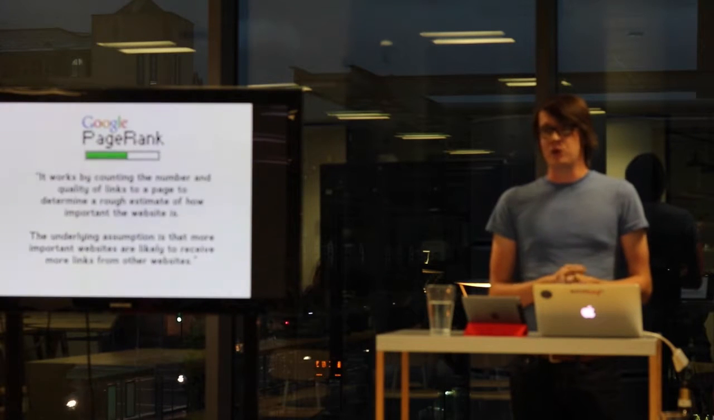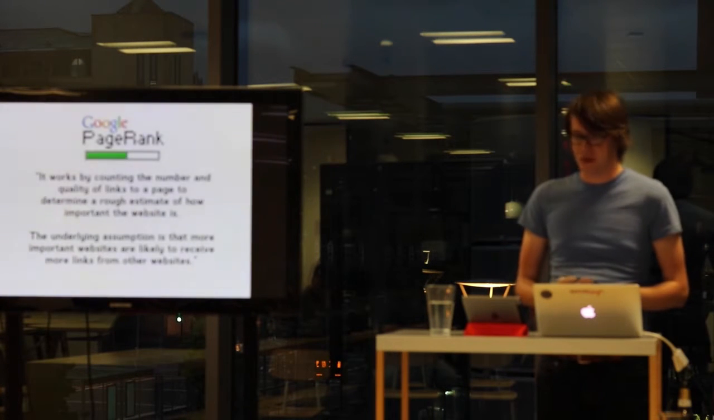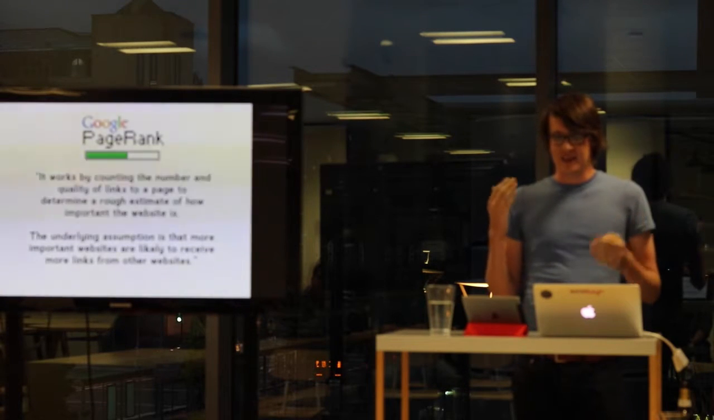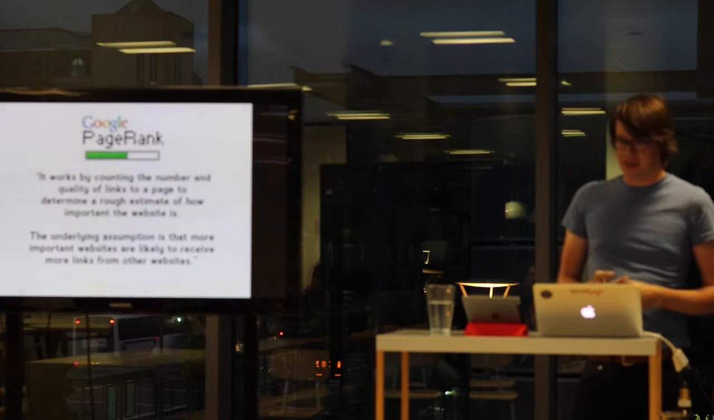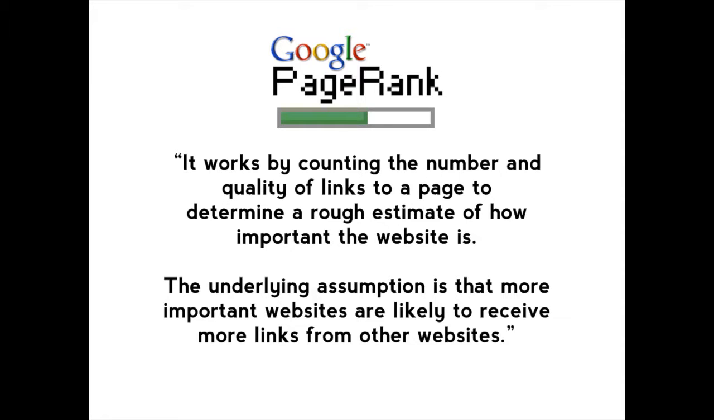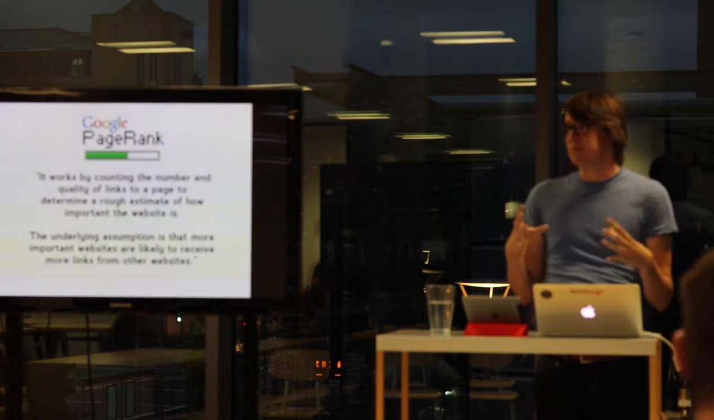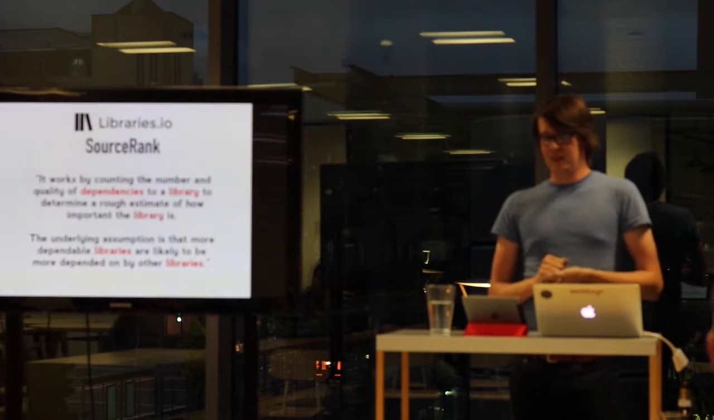the algorithm that made Google become the de facto search engine of the world, which is PageRank. And PageRank looks at the number of links from a page to another page to determine its quality. So what they assume is the most popular, best websites on the internet are going to get a lot of links. And what we can do is swap that out with